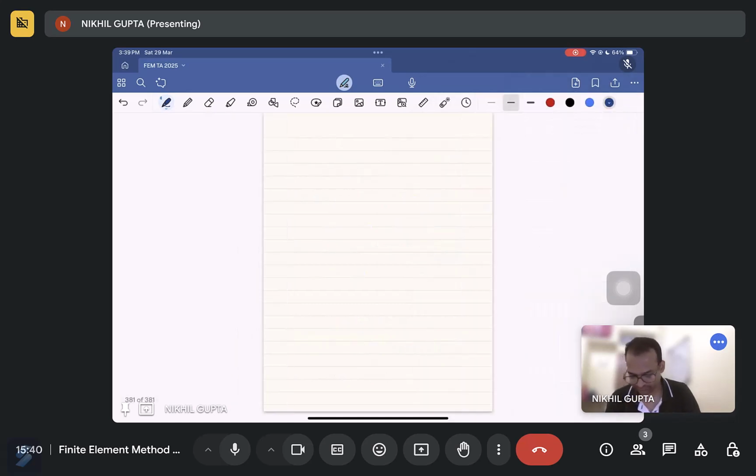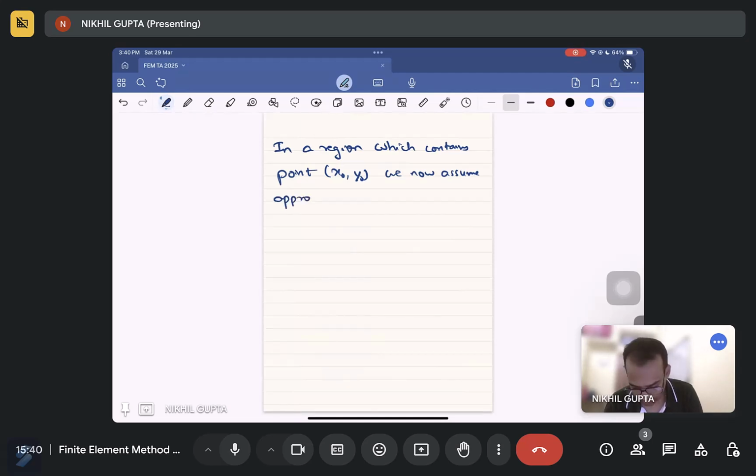Now in a region which contains point x naught, y naught, we now assume an approximation. We now assume that the approximation to the true field is taken as